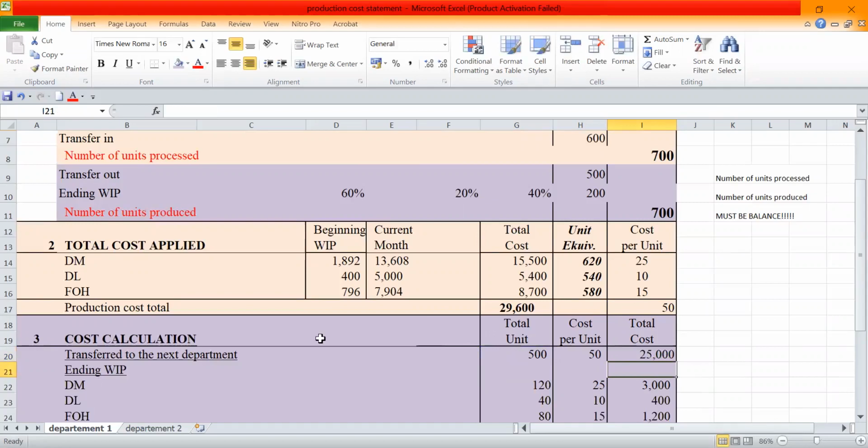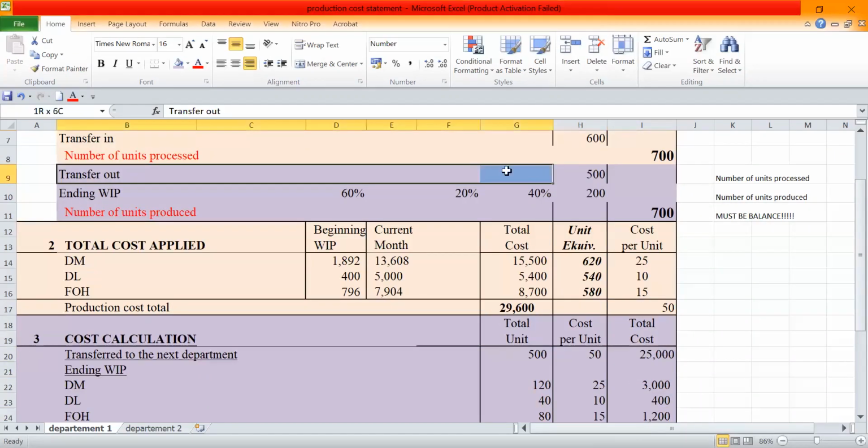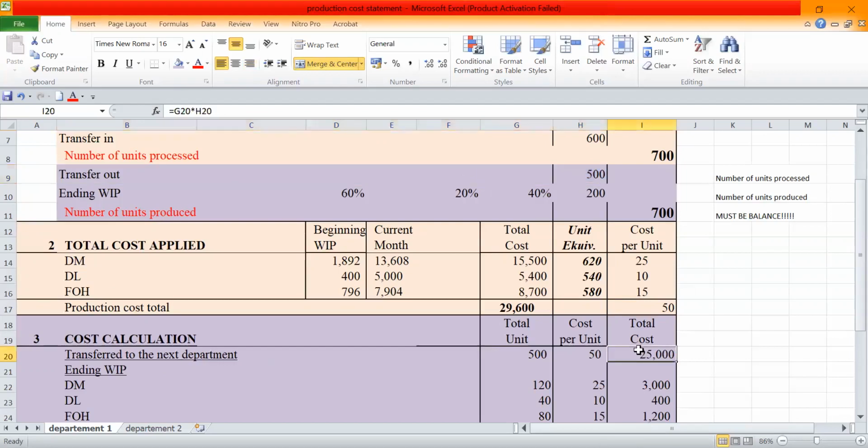Okay, so the rupiah amount, the dollar amount of the transfer out unit, about this 500 units that will be transferred to the next department, to the assembly department, is